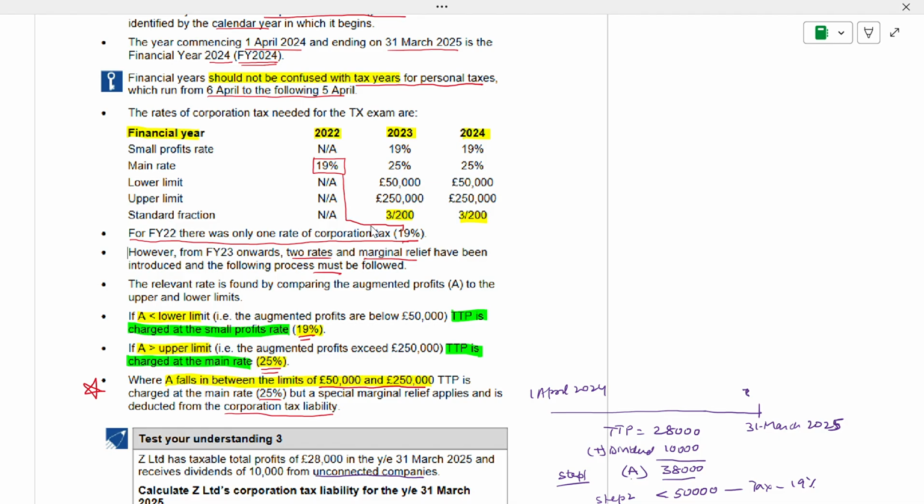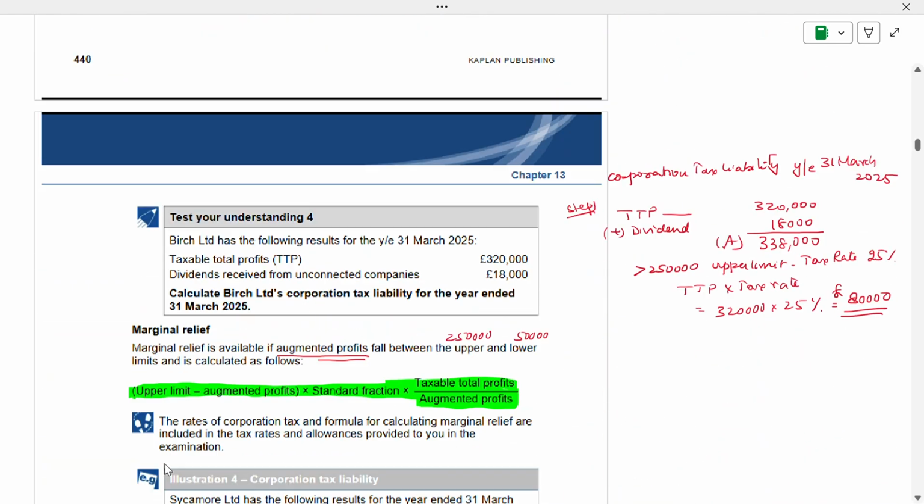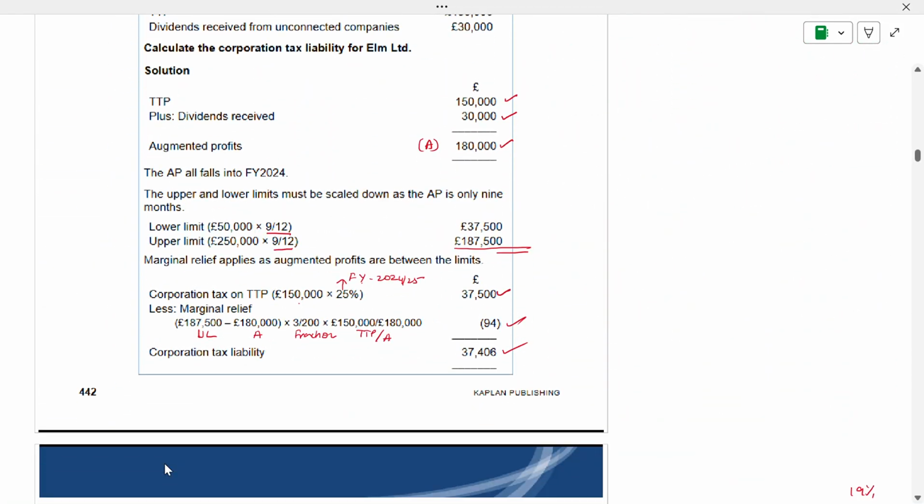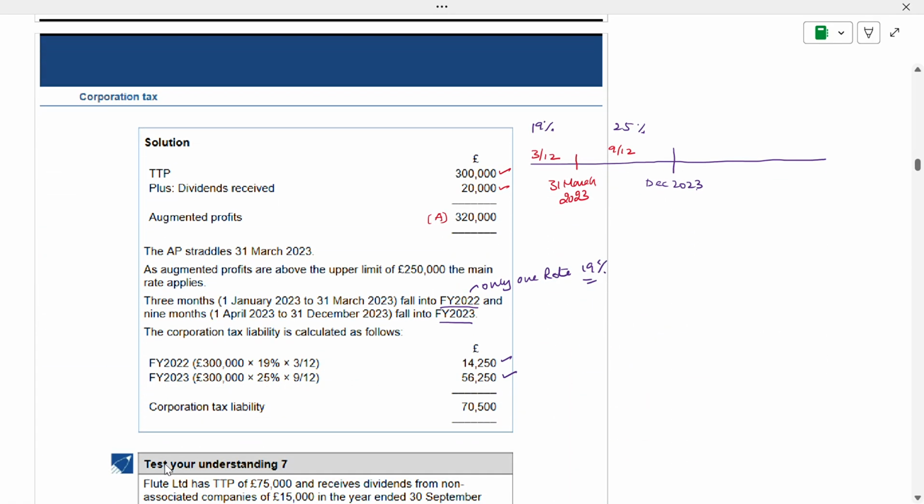Is it upper limit and lower limit they are mentioned? See the thing, in 2022 there is no upper limit, lower limit. In the year 2023 there is upper limit and lower limit. Yes, sir, that's why I'm saying for 22 it is not applicable, but for 23